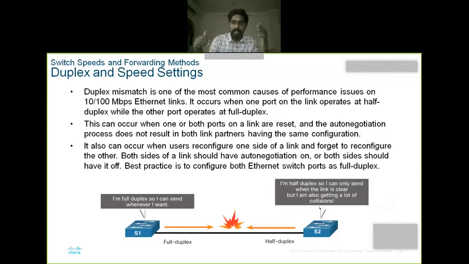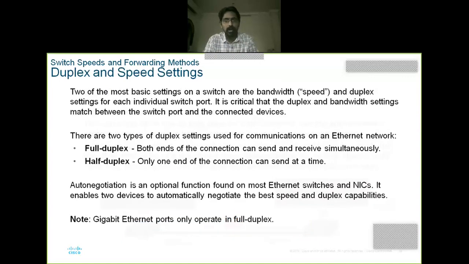But at the same time, if S2 is in half duplex mode, only one direction, and S2 is sending the data, that data may get collided. In order to avoid these issues, during configuration of devices, you should apply the speed and duplex settings in a proper way so that a half duplex mode system is connected to half duplex only, and a full duplex mode system is connected to full duplex only. If you don't know about all these things, we have one more thing called auto negotiation option in the switches.